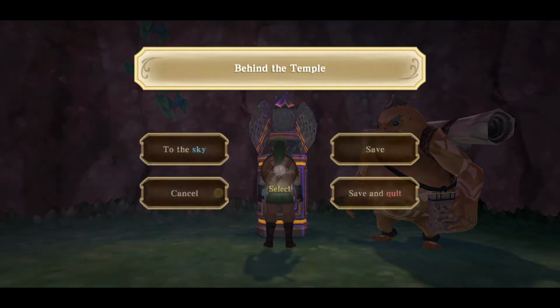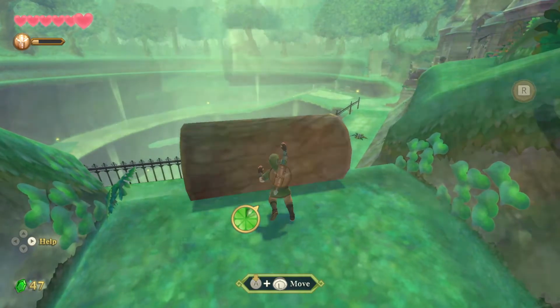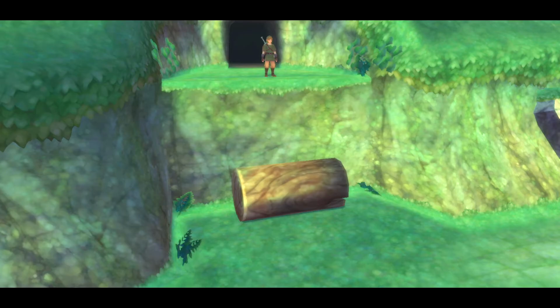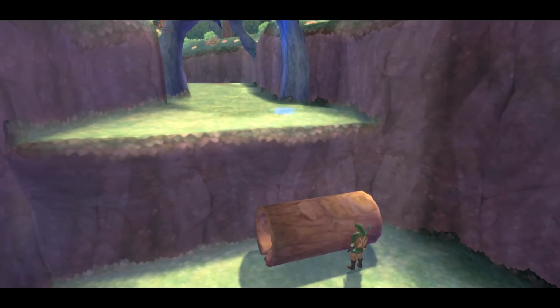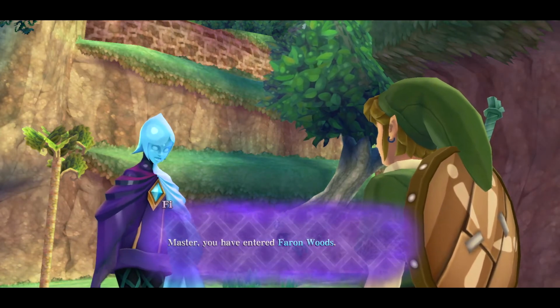We can now use these statues not only to save our progress, but also to return to the sky above. We complete a few strenuous activities, pushing a log for example to make a shortcut, and rolling a log to help us move forward. Fire announces that we've made it to Faron Woods, and this is where we'll leave it